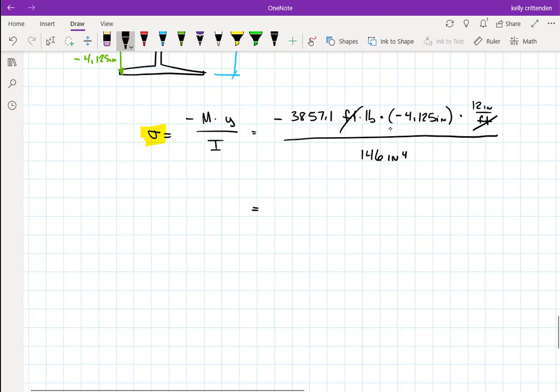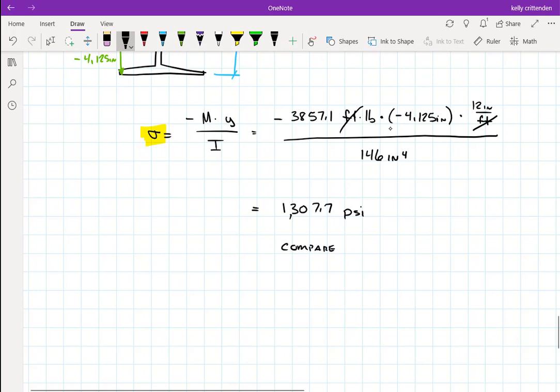And it gives me a positive number because I have negative 3,800 and negative 4. So I get a positive number, which would be tension. And let's see what I get. 3,857 times 4.125 times 12 divided by 146. I get 1,307.7 units of PSI. 1,307.7. And then that number I can compare to,